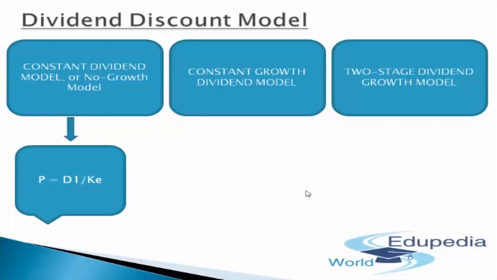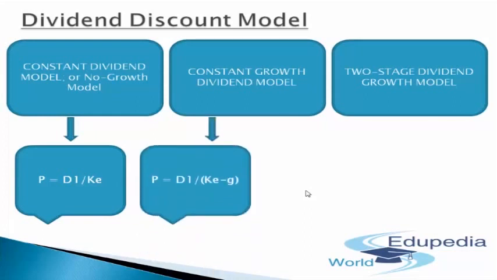So here the dividend growth is absolutely constant. It will move in line with each other, the way the 10% at the starting, after a period of 10 years also, that will be 10% itself. This can be computed with the help of this formula. So herein P means the intrinsic value, D means expected dividend, and KE means the cost of equity, or the expected return, the same thing. Only G has been added over here. G means the constant dividend growth rate.